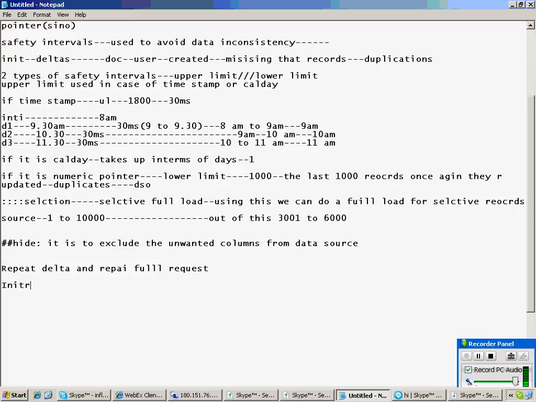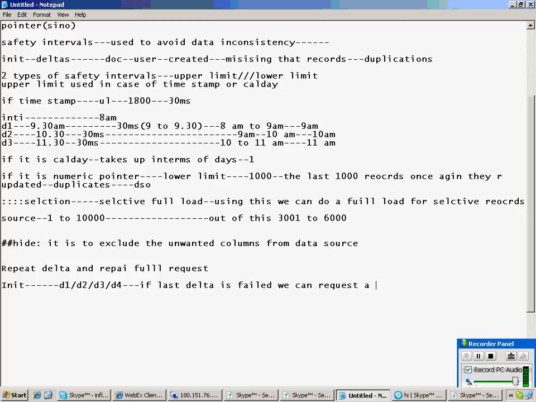So assume that I have done installation, and I am running delta 1, delta 2, delta 3, delta 4. These are the deltas currently running. What is your last delta? Delta 4, right? Getting my point? If the last delta has failed, what is your last delta in this case? Delta 4. If the last delta is failed, we can